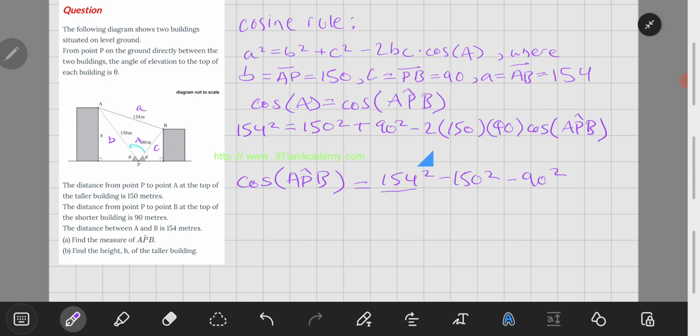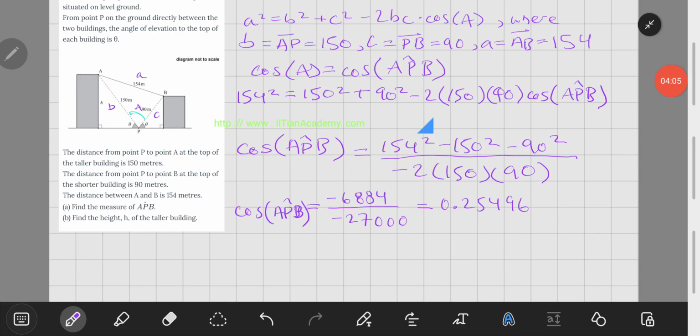And when we simplify, our expression becomes -6,884 divided by -27,000, which is just equal to